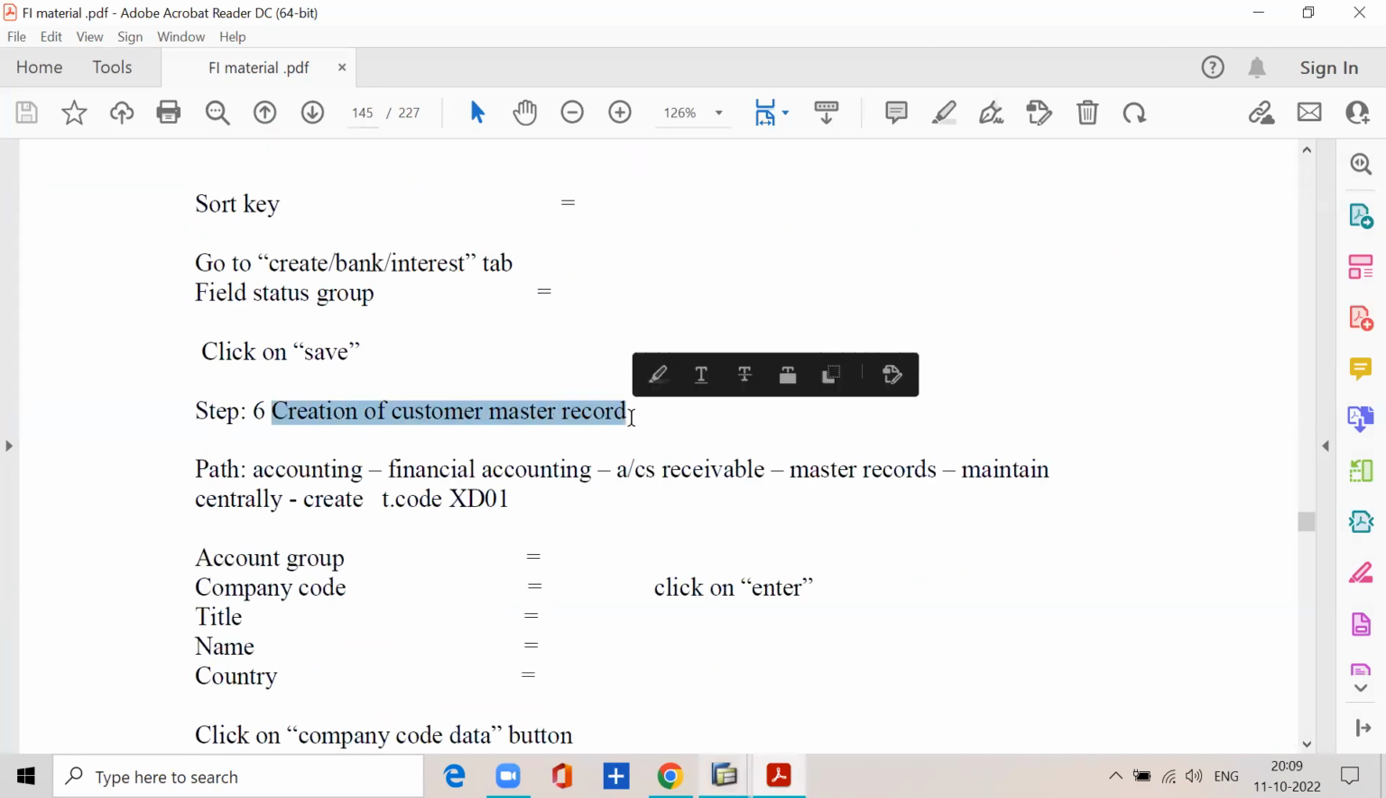Then creation of customer master record, XD01. Write down: a customer master record can be created only for FI